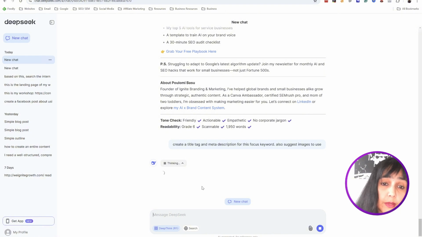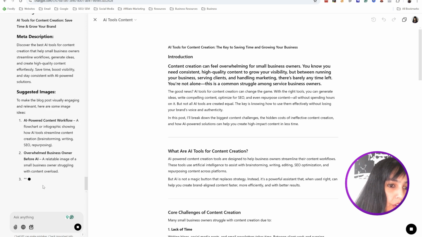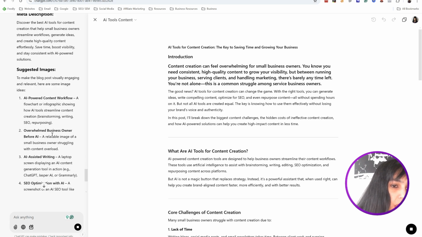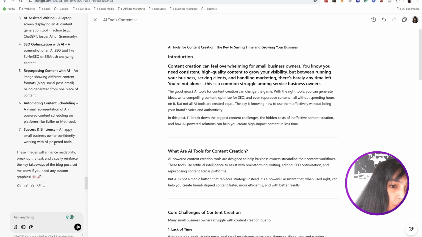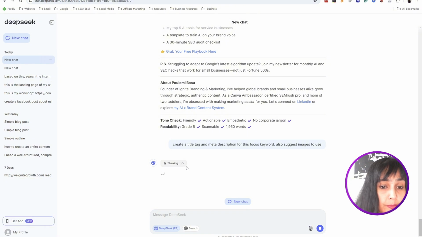It's thinking. Sometimes, as I said, it's overloaded. Here: meta description, title, tag, save time and grow your brand. Suggested images: overwhelmed business owner before AI, then AI-assisted writing, SEO optimization with AI. So that's possible. This is not generating so far, but I have created the title, tag, and meta description before for something else, and that worked okay. It will be able to create it, but it's overloaded half the time.